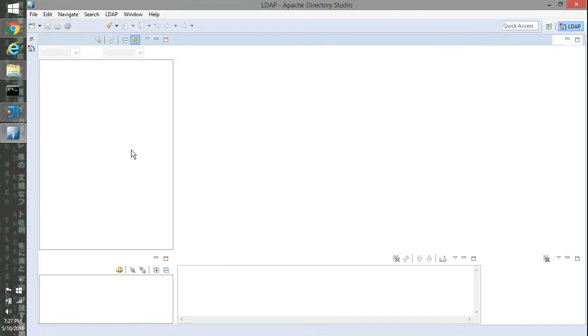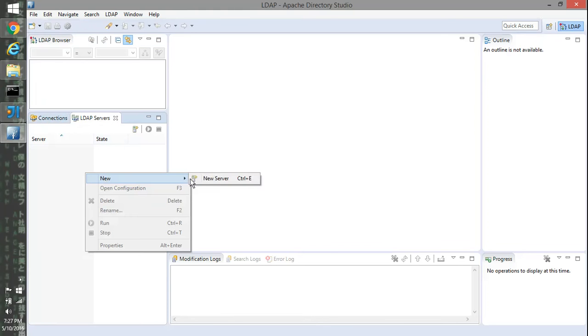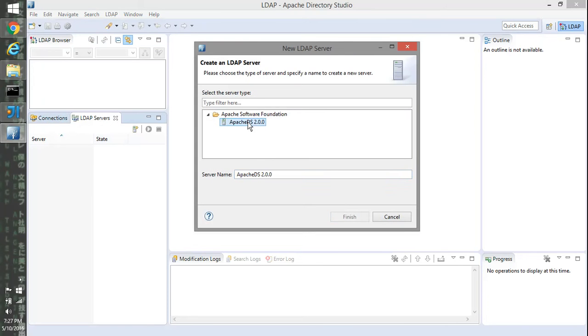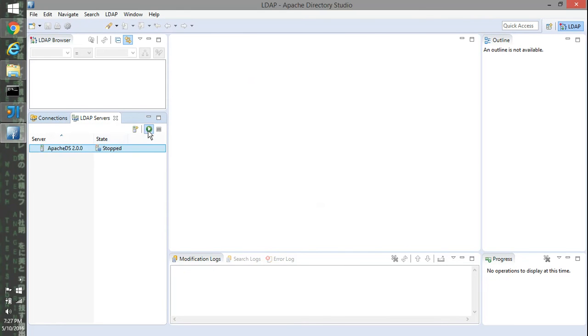So we need to see this. I'll just close this. We need to add the server first. So I'll say Apache Directory Server 2.0, and I'll say start the server. The server's about to start.